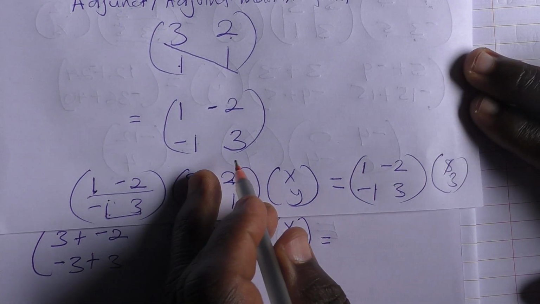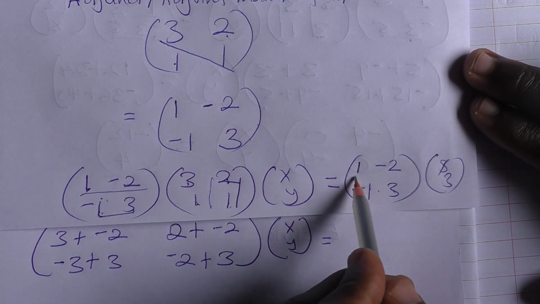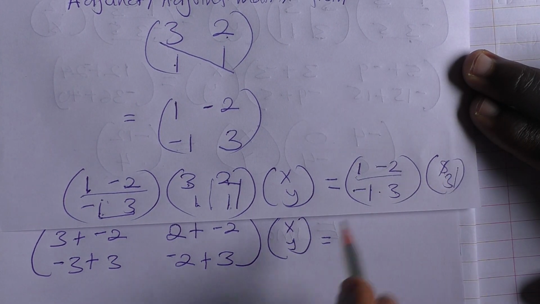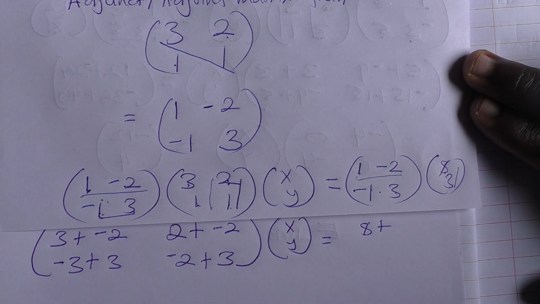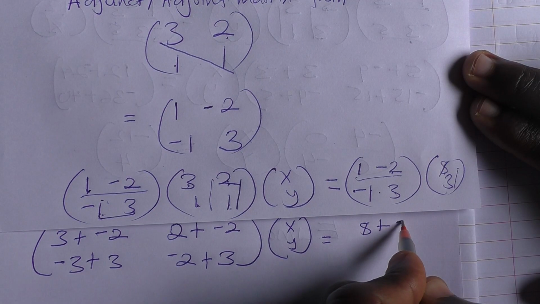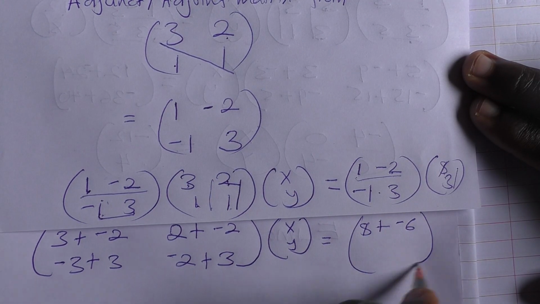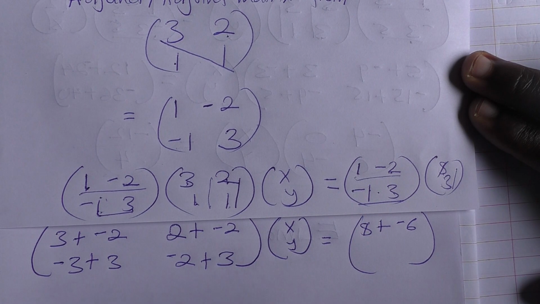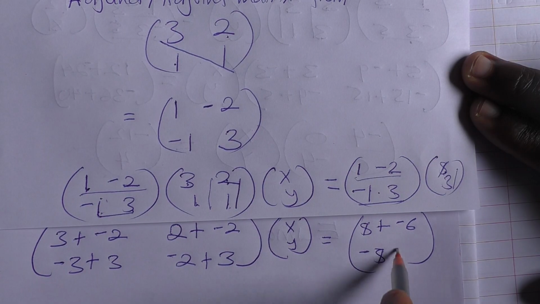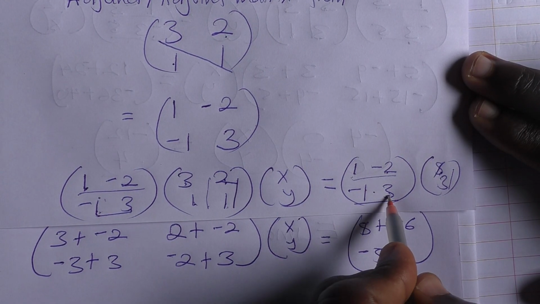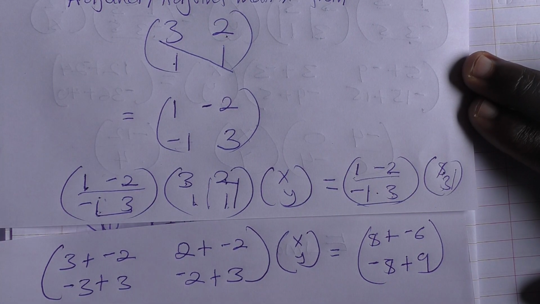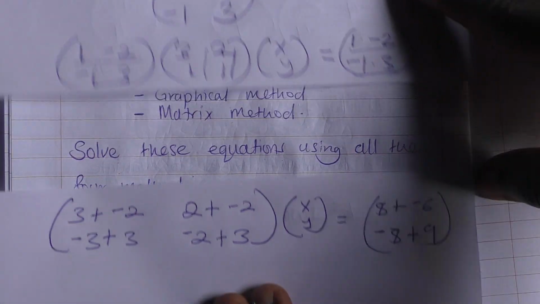equaling to, still we do the same on this side, row by column, that is 1 times 8, which is 8, plus negative 2 times 3, which is negative 6. We go down, negative 1 times 8 is negative 8, plus 3 times 3, which is 9. So after generating, we now simplify,